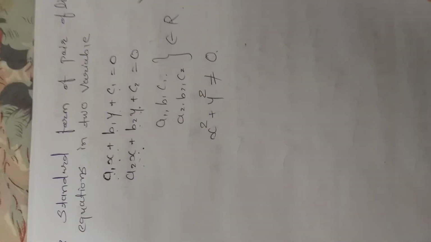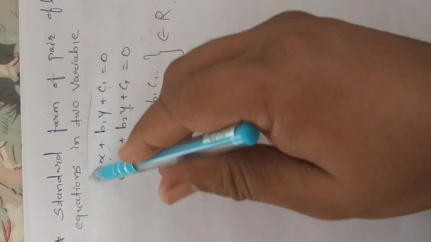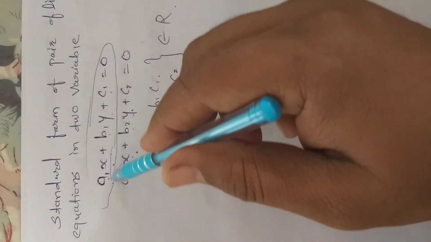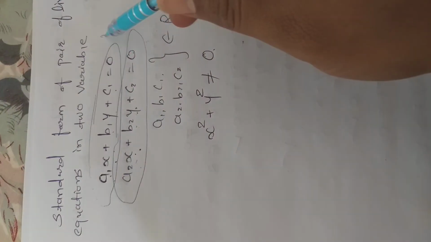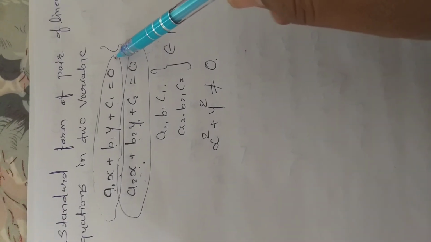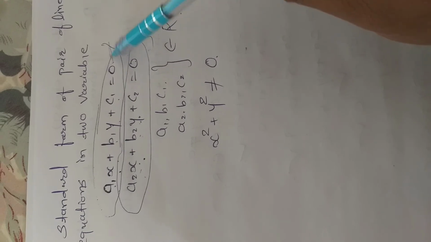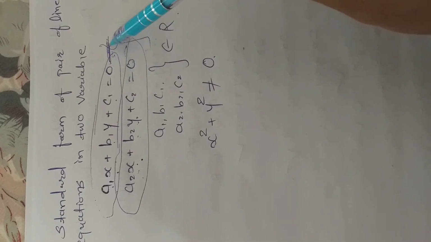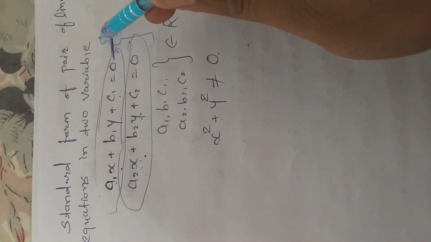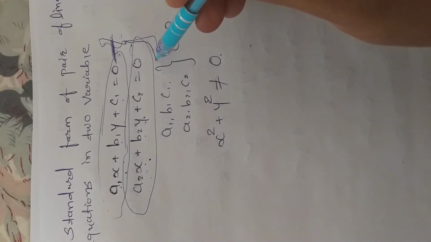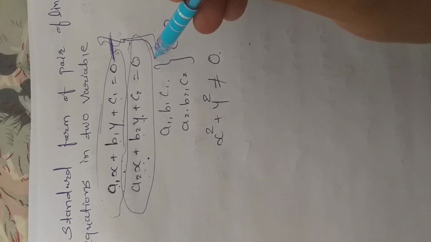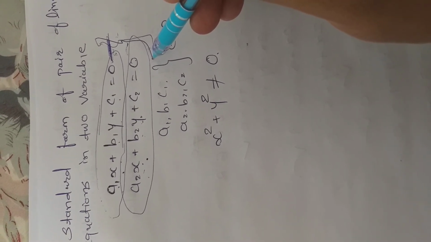In standard 9 we have studied a linear equation in two variable. In standard 10 we are going to learn the pair of linear equation in two variable. What is the difference? In standard 9 we have seen that there are infinitely many solutions of linear equation in two variable. In standard 10 we'll solve both equations together, and we'll see the different methods to find solutions of pair of linear equation in two variable.